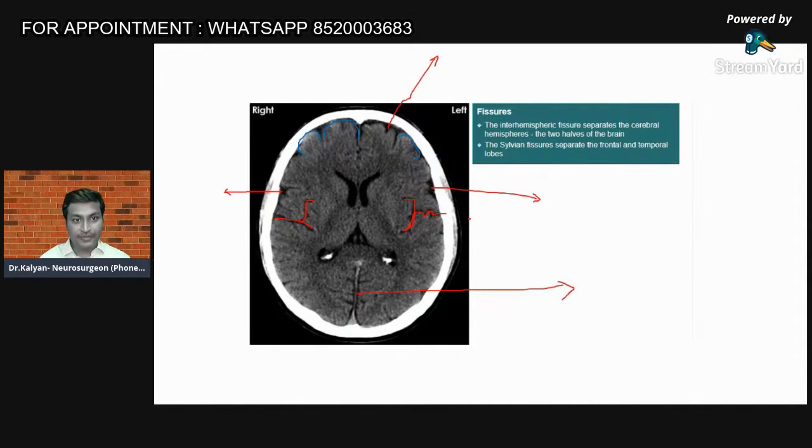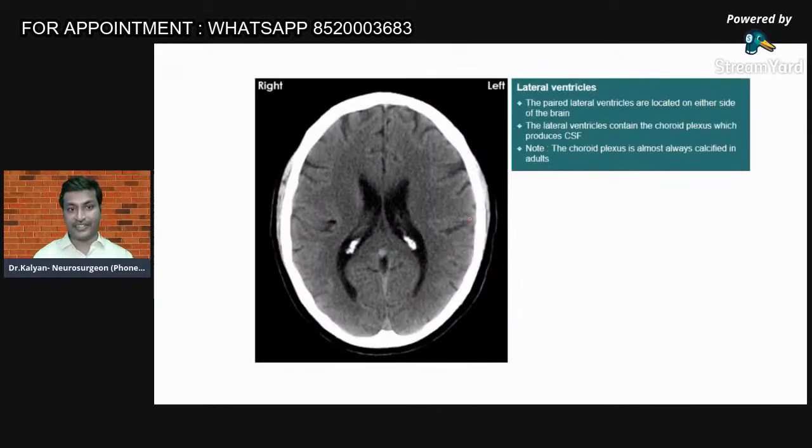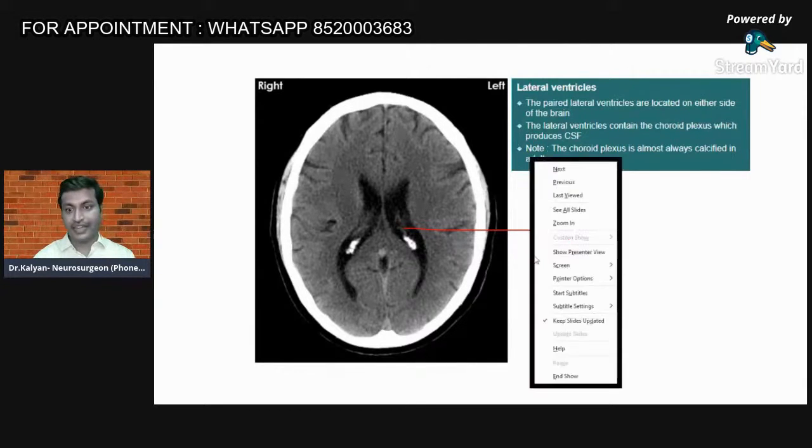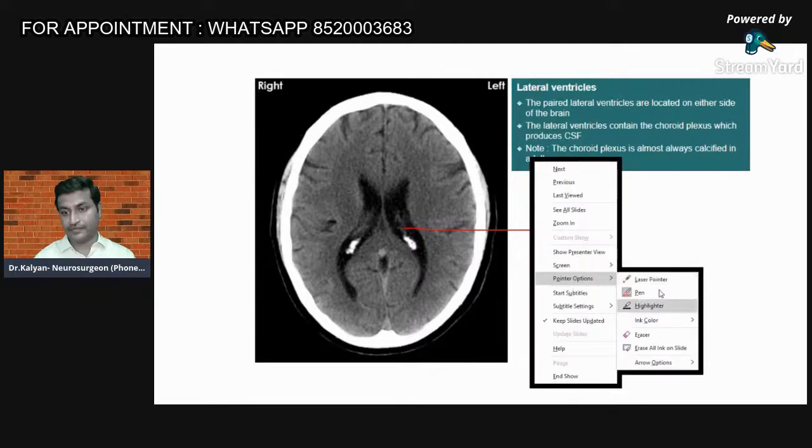So in a normal brain, you can identify gyri, you can identify sulci, you can identify the fissures, and most importantly, you can identify the Sylvian sulcus or the lateral sulcus. Both of you are right. It's either called the Sylvian sulcus or the lateral sulcus. So I think you can identify this. Now, what is this? What is the red one? And again, what is the blue one?